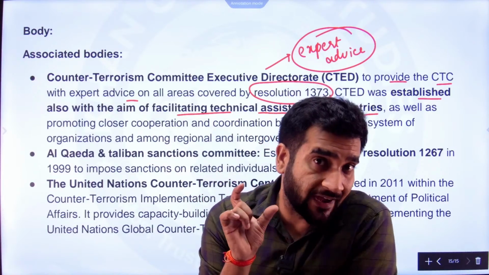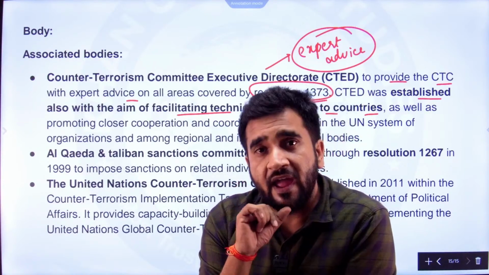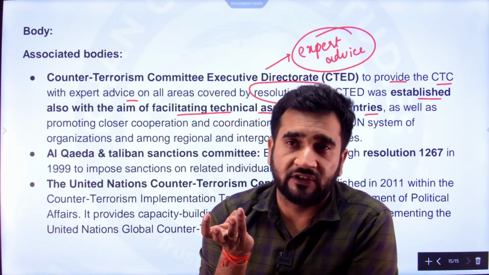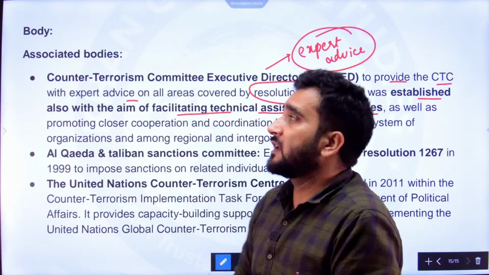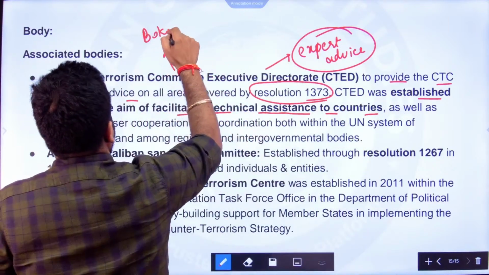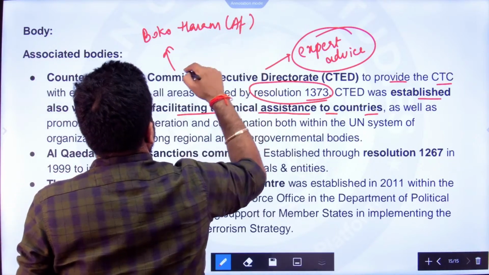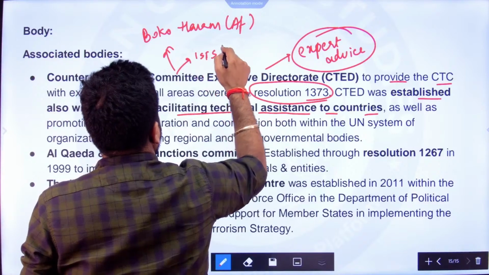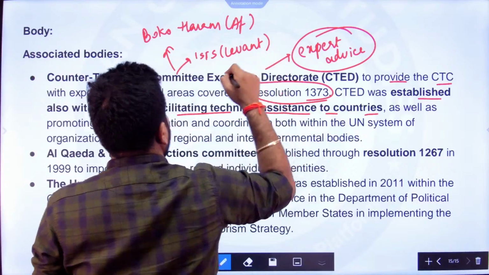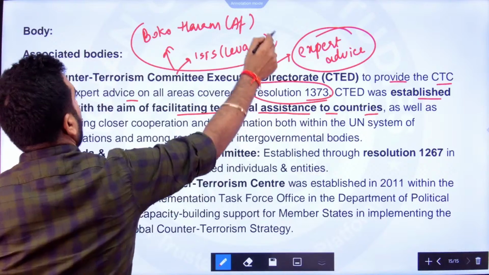अगेन वी हैव टू एनालाइज और असेस द इफेक्टिविटी ऑफ दीज एसोसिएटेड बॉडीज. क्या ये कर पाया है? एक्चुअली में अफ्रीका में नहीं कर पाया, वेस्ट एशिया में नहीं कर पाया. दैट इज वाई वी हैव ऑर्गेनाइजेशंस और टेररिस्ट ऑर्गेनाइजेशंस coming up like Boko Haram in Africa या फिर ISIS in the Levant region of West Asia. तो बिग क्वेश्चन.